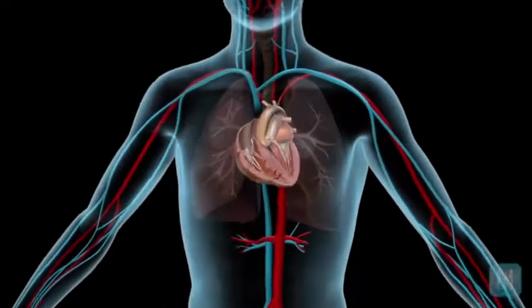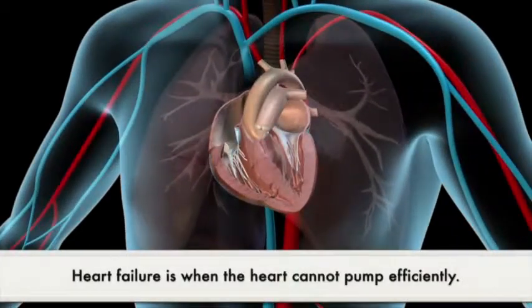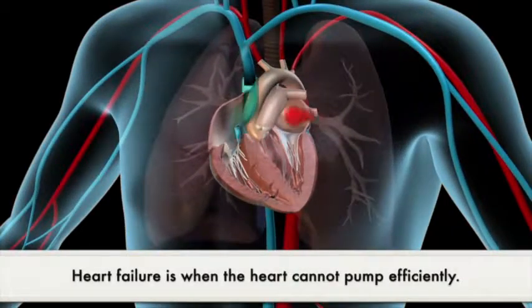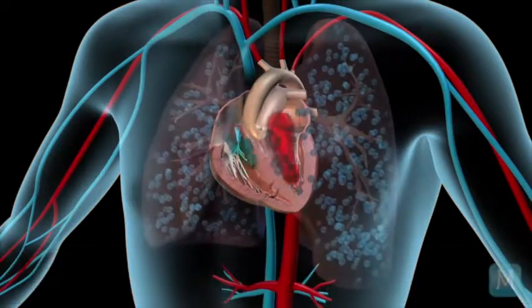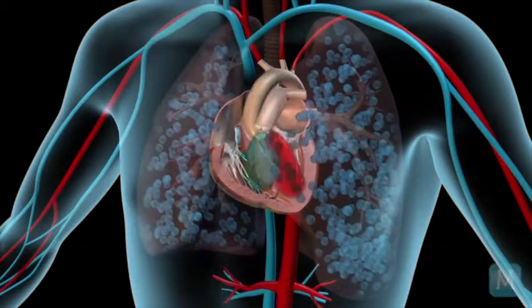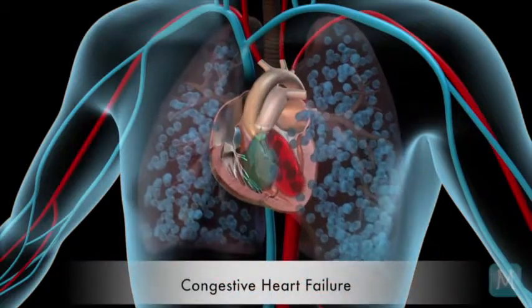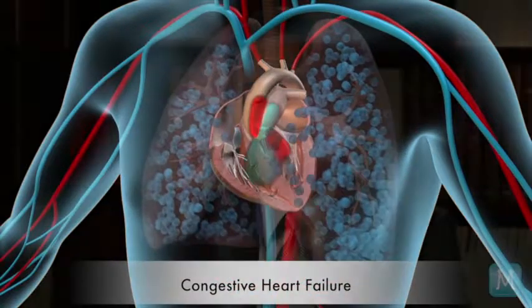Definitions. The heart is basically a pump, and heart failure generally refers to the fact that the heart is not pumping blood adequately around the body. So if the heart as a pump is not pumping blood to the vital organs, and the blood backs up and causes some congestion in the lungs, that's the most common definition of heart failure.